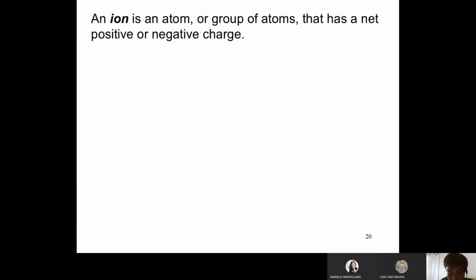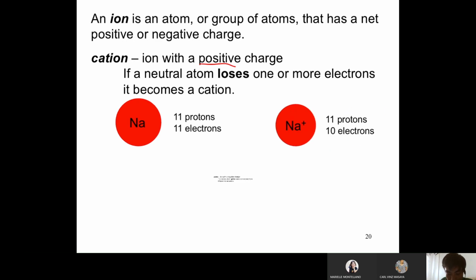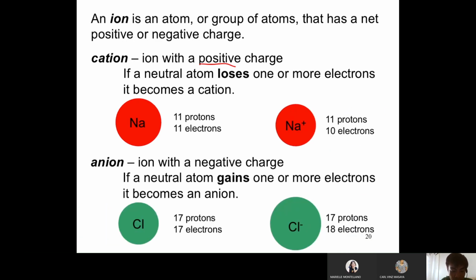So, ano yung dalawang ions natin? Dalawa lang yan. We have cation that refers to the positive charge, and we have anion, sila yung mga negative charge. Okay. Ano nangyayari? Bakit sila nagtatanggal ng charges? Bakit sila naglalabas ng